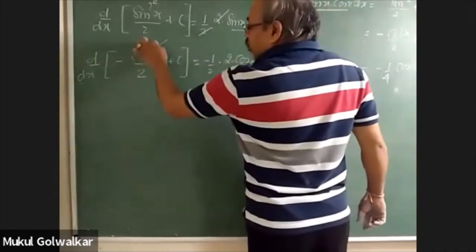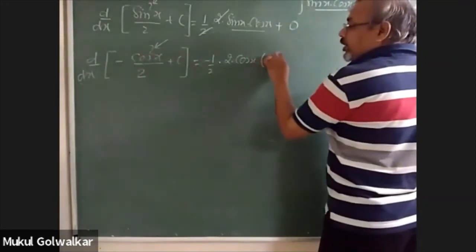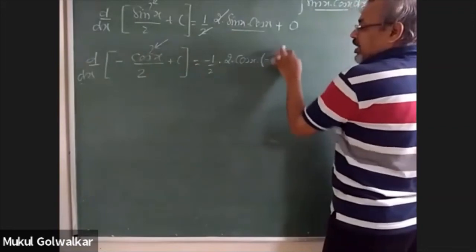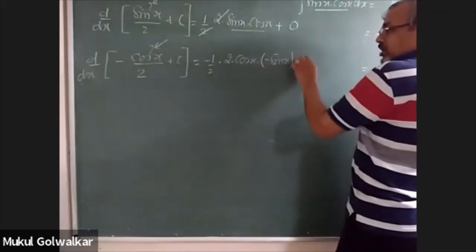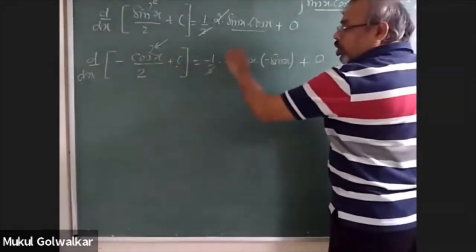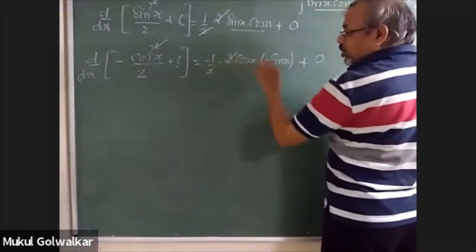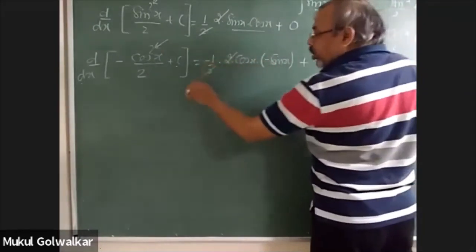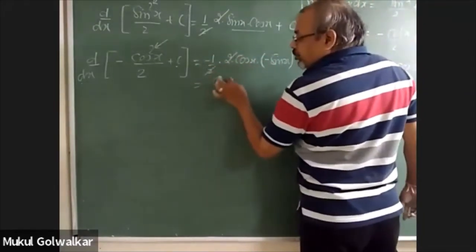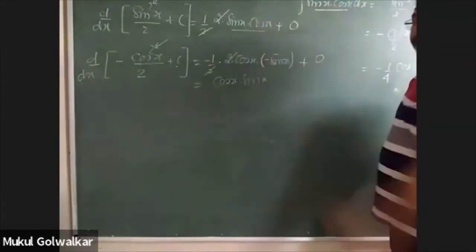After differentiating this power, we are differentiating the cos function also. So the derivative of the cos function will be equal to minus sin x. We are writing that plus the derivative of the constant is equal to 0. The 2 got cancelled. Minus 1 into minus, these two quantities of negative sign, when they got multiplied, we are finally left with the product cos x into sin x, which is again the same.